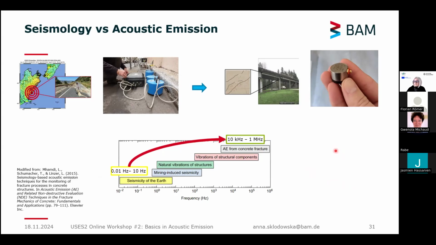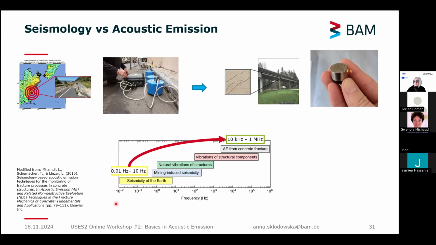Acoustic emission, on the other hand, as we mentioned before, is the spontaneous release of localized energy in stressed material. This energy release can be due to, for example, microcracking in the material, and can be recorded by transducers attached to the material surface. So as you can see, acoustic emission is very similar to seismological techniques because they basically apply the same concept, but at a different scale.